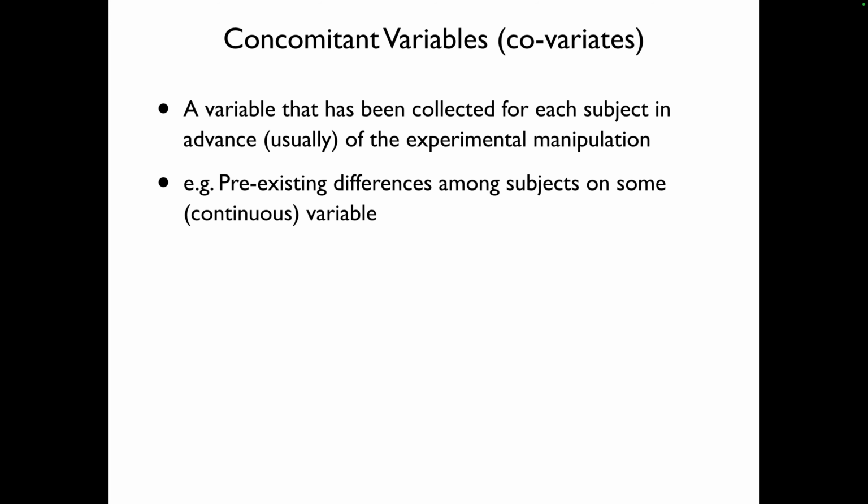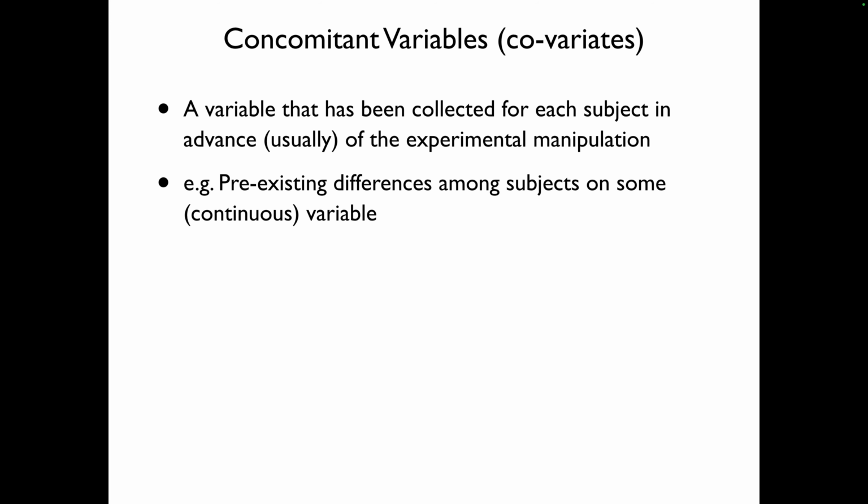In analysis of covariance, it's basically just like an ANOVA, except we add something to the model. We add another independent variable that's now continuous. So it's kind of like mixing linear regression with analysis of variance. In multiple regression, all of the independent variables were continuous. In ANOVA, all the independent variables are discrete. In ANCOVA, we have a mixture of discrete variables and continuous variables. Today we'll talk about one discrete variable and one continuous variable in the model, but you can have as many